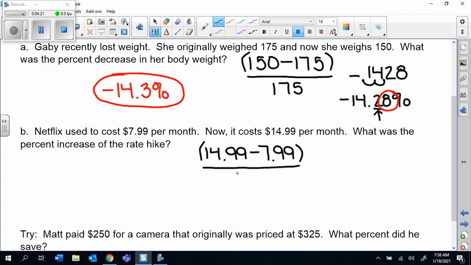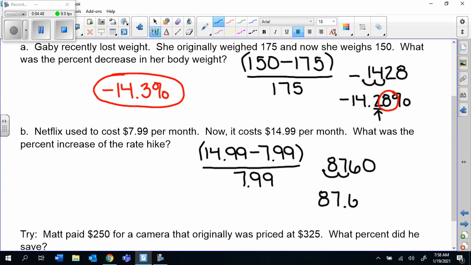over $7.99. And we think, gosh, it only went up $7 a month. That's not much. But when I place this in my calculator, I get 0.876. So when I move this over twice, that is an